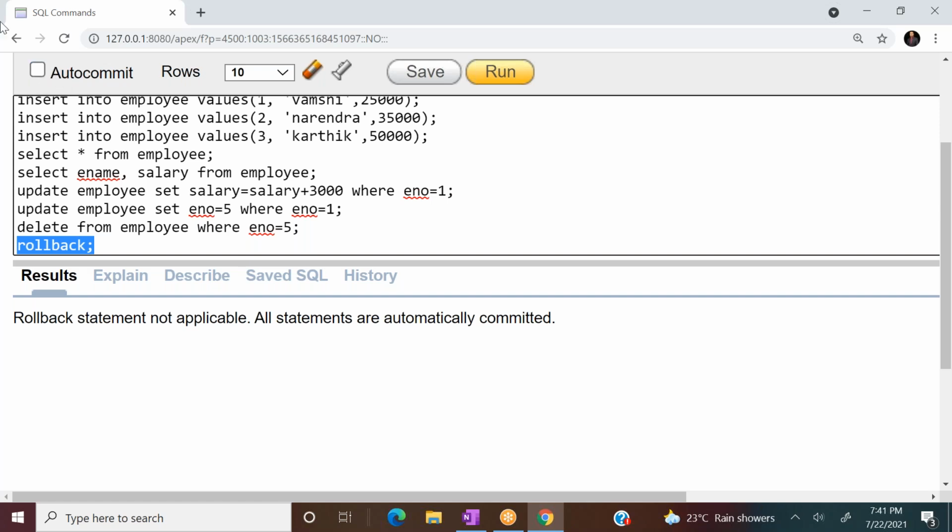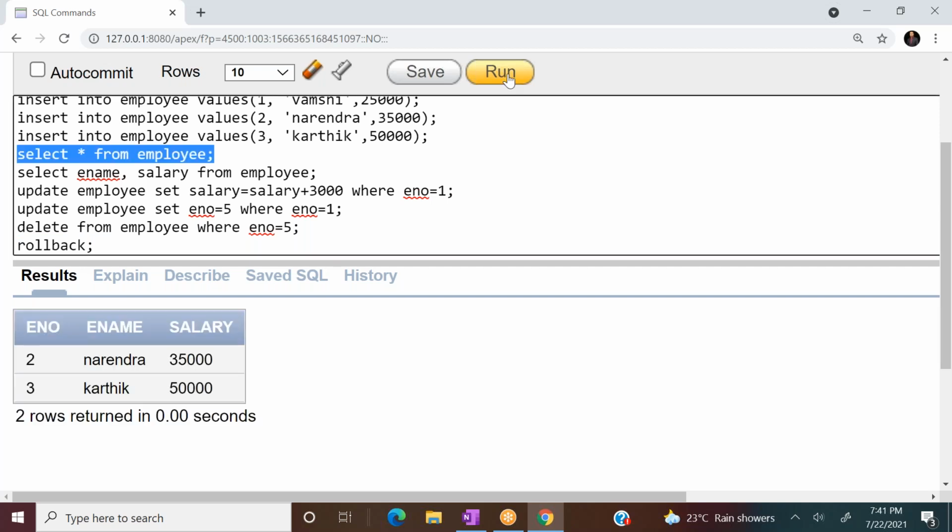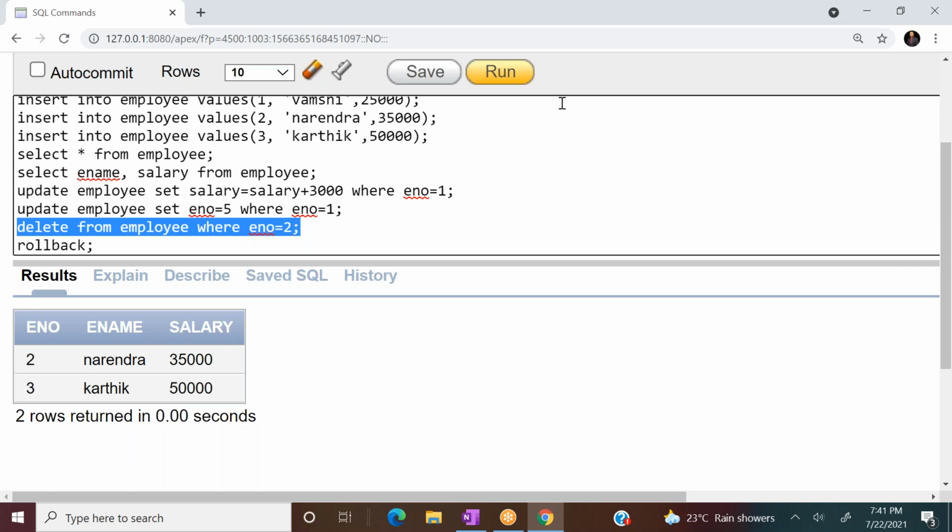Now look, I just deselected that auto commit option. Now I want to display the employee table, just let me see who is there. In the employee table, I have 2 Narendra and 3 Karthik. Now I want to delete 2 Narendra.